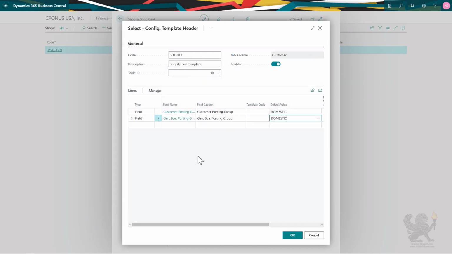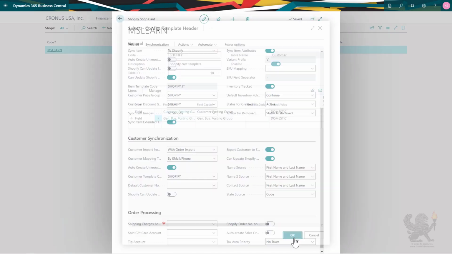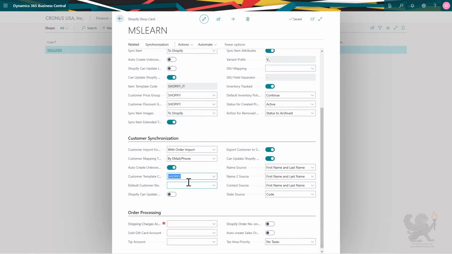If you're located in Europe, you could assign, for example, the VAT business posting group and so on. So any field that you would like to include in a customer template can be assigned here. Country codes, maybe payment terms, shipping methods, and so on. If this is, for example, a template for my domestic customers, I can enter all the fields that I would like to assign to domestic customers, also when you create domestic customers manually. All right, so when the template is ready, I can click on OK,